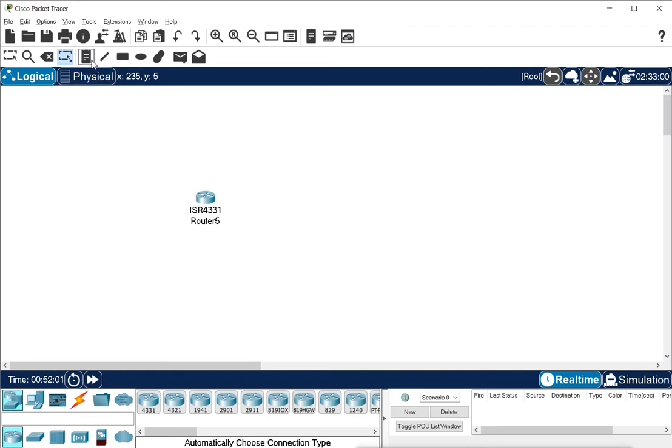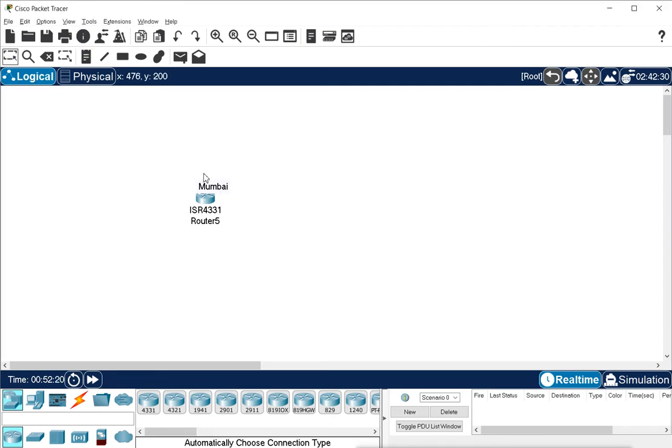Okay, and this one is to write something for you. For this router, suppose I want to give it a name, because I want to identify it, so I will put the name here, that this router belongs to here or there. So you can write something for your design.